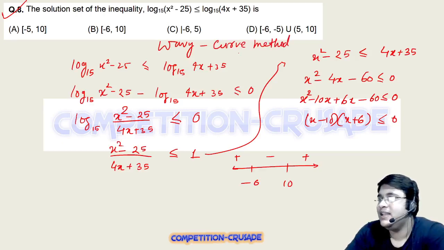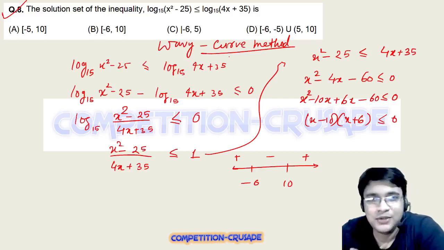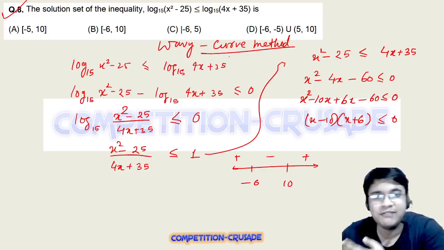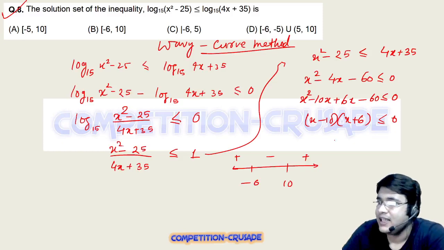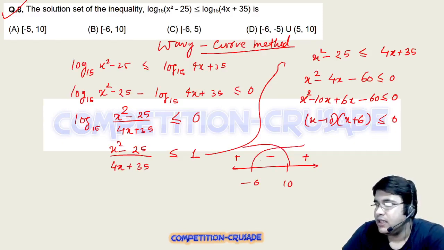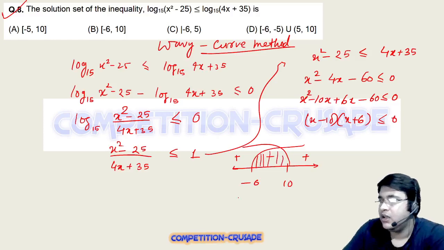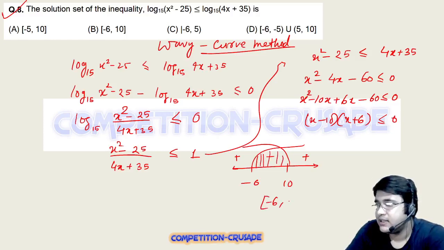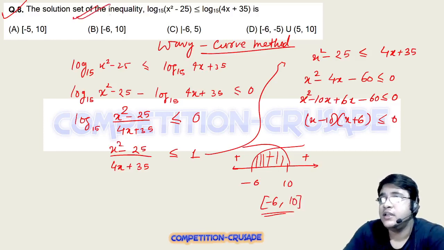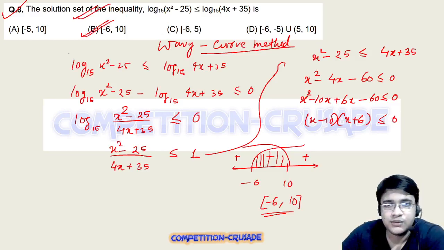ये सब भाई आईआईटी वगैरह में यूज होता है, ये वेवी कर्व मेथड जरूरी नहीं है, ये सब याद रखने की जरूरत नहीं है। एनीवेज, आपसे पूछा था लेस देन इक्वल टू, तो जो रीजन होगा वो ये वाला रीजन होगा। ठीक है, और इसको हम रिप्रेजेंट करते हैं क्योंकि इक्वालिटी का साइन है, तो -6 और 10 पे इस तरह का ये आपका सॉल्यूशन सेट होगा इस इनइक्वालिटी का। ठीक है, हमारे पास ऐसा गिवन है एक ऑप्शन, विच इज दिस वन।